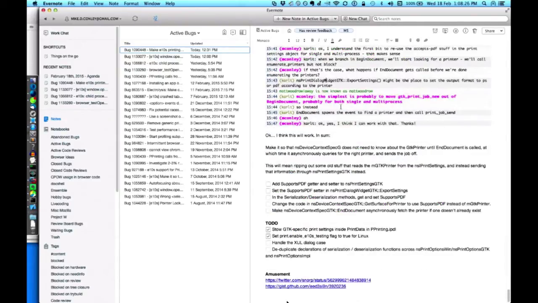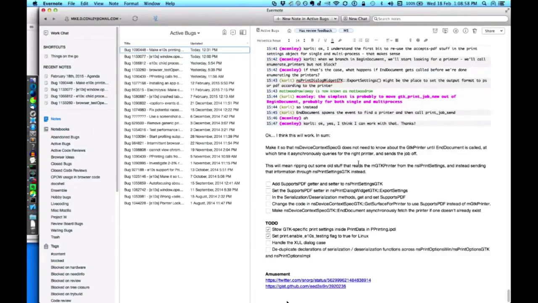What else? So we're moving the query to get the GTK printer till the very end, and one of the problems with that is that there's some code earlier on that checks that GTK printer for certain values. The solution is, on the parent side, we will stuff those values inside the NSPrintSettingsGTK object, which holds a bunch of information about printers and print settings.